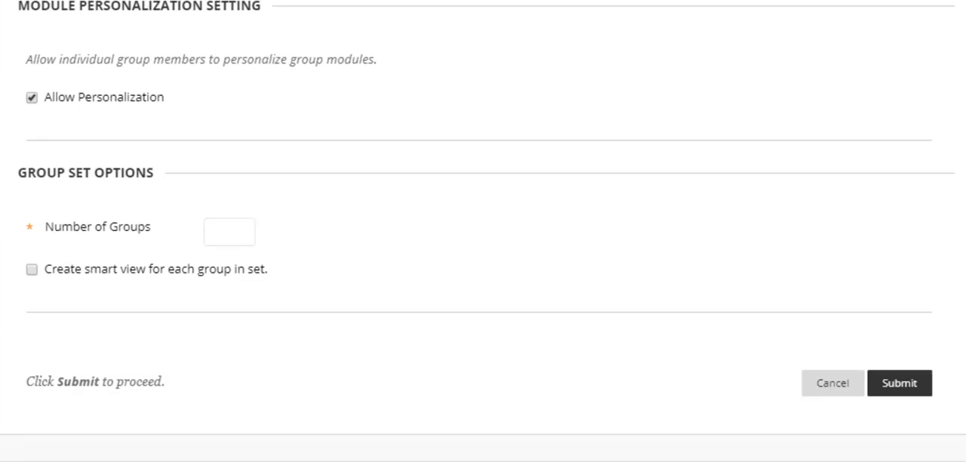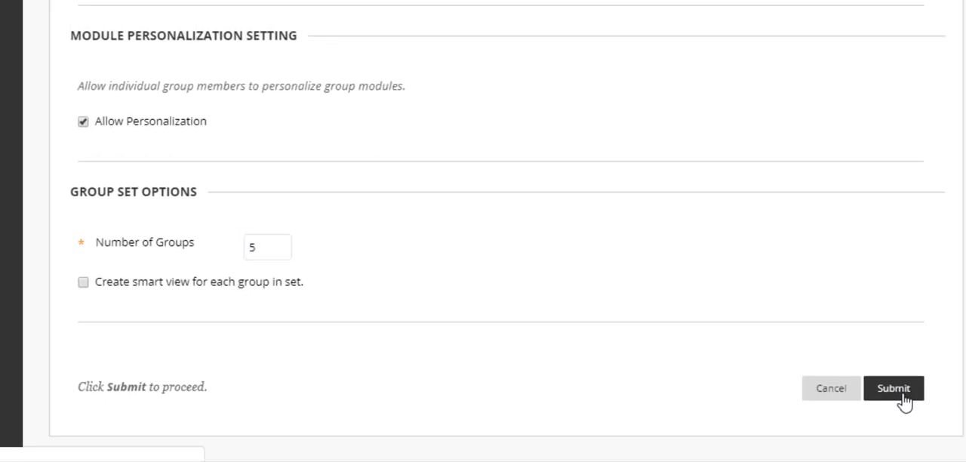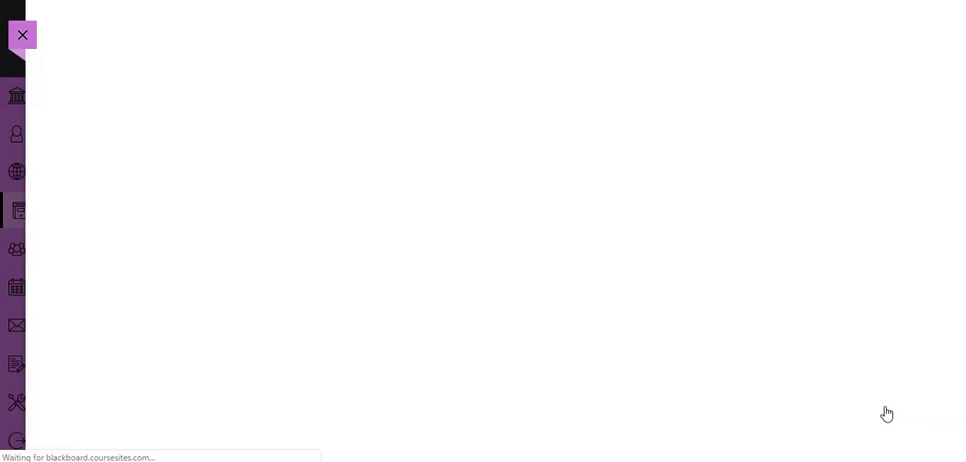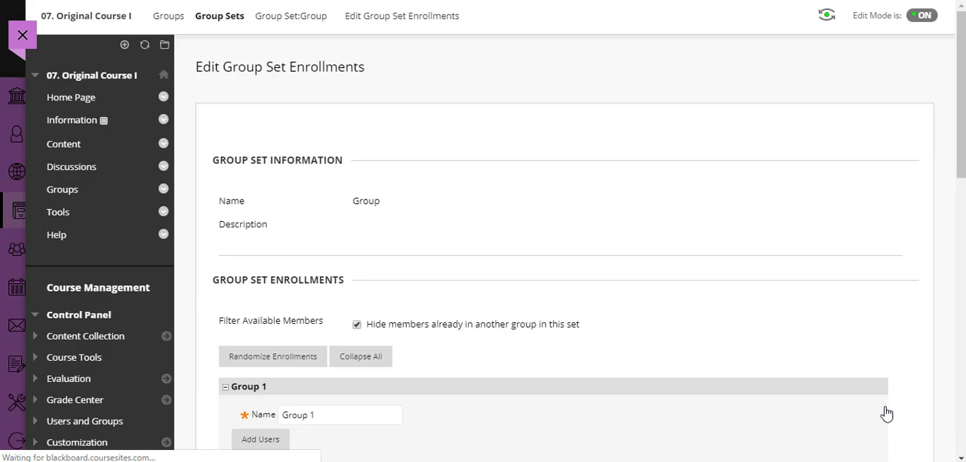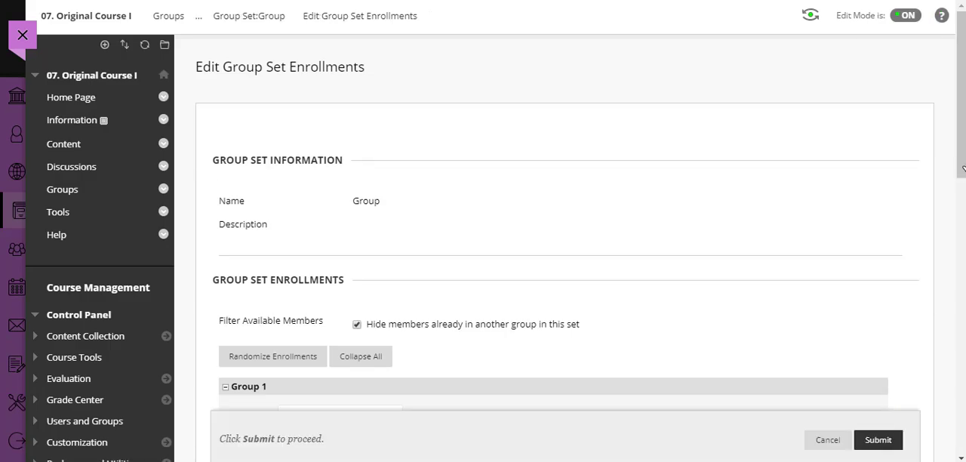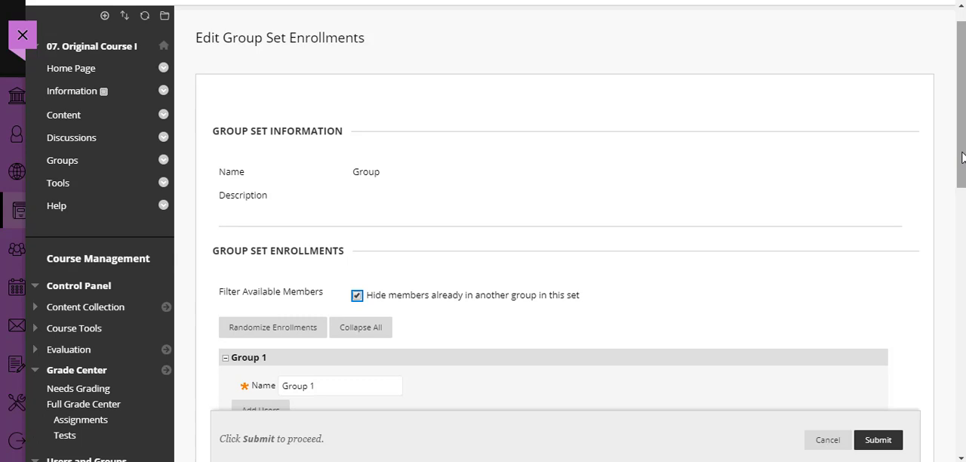And so now it's asking us the number of groups. We're going to go ahead and have it make us 5 groups. It gives you the option create smart view for each group and set. We're just going to leave that alone and keep it basic and press submit. So now it's going to take us to another screen, and in this screen it's going to give us a couple more options as well, but you can see here